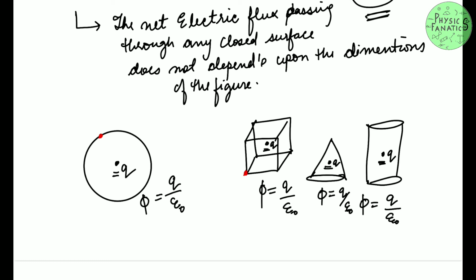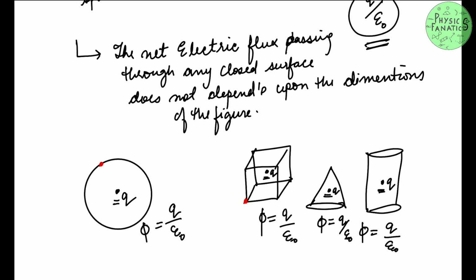It makes our work so much easier, right? Now as you can see, with the help of Gauss law you don't have to do E dot dA for a small area and then integrate it over the entire surface. You don't have to do that. Just simply q upon epsilon naught. If you have plus q charge kept at the center, then the answer is q upon epsilon naught. I hope that is understandable.